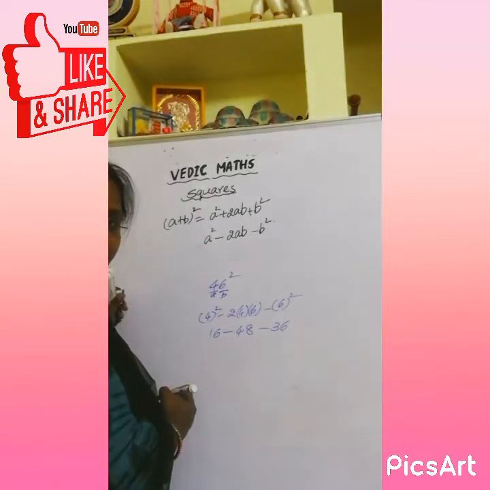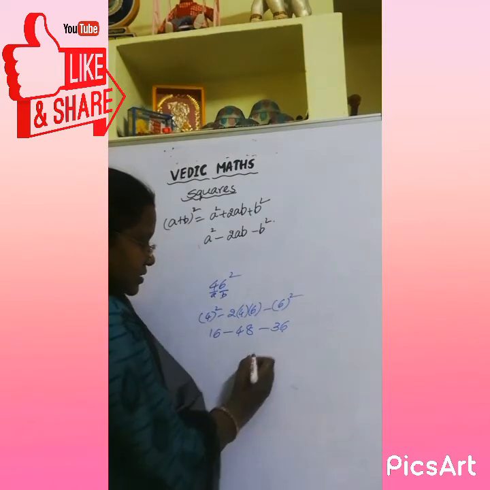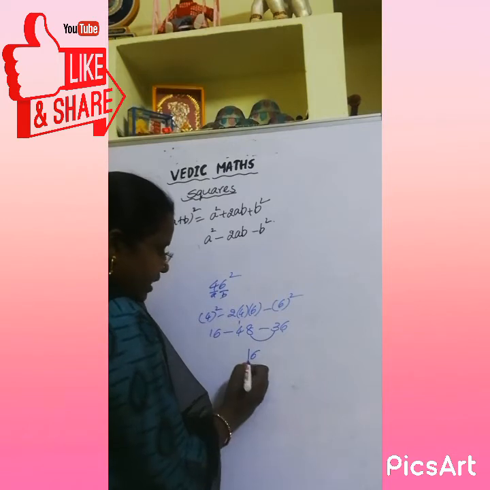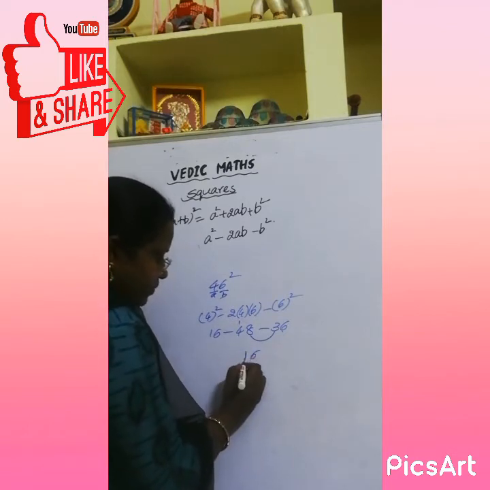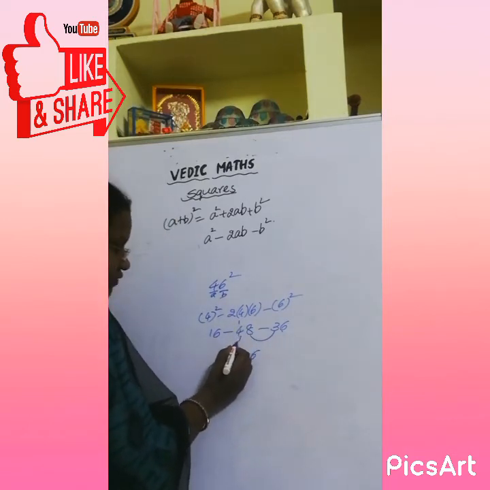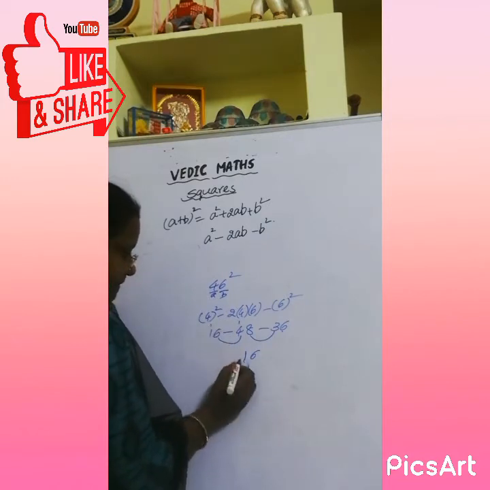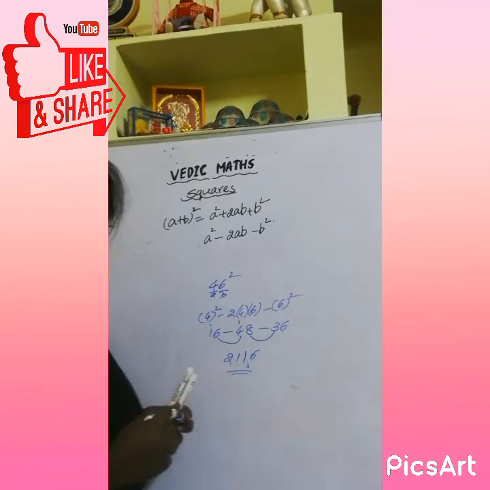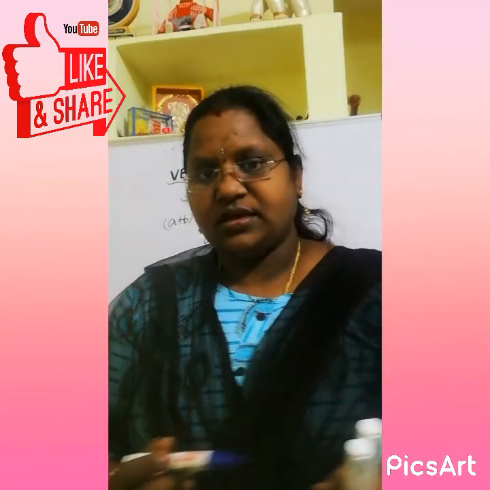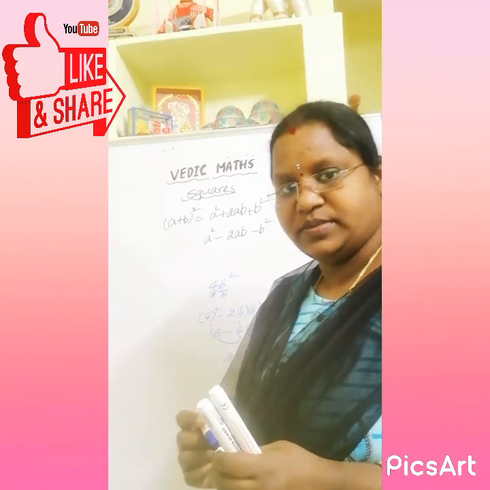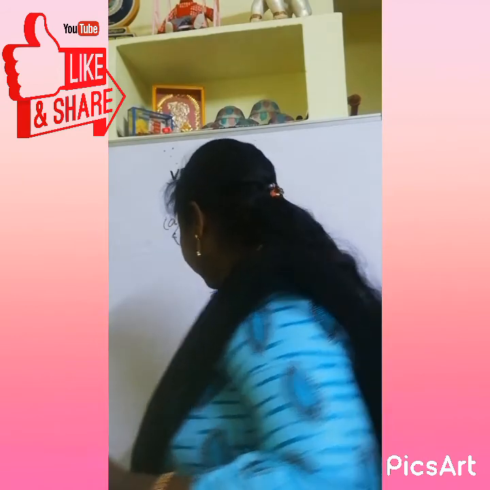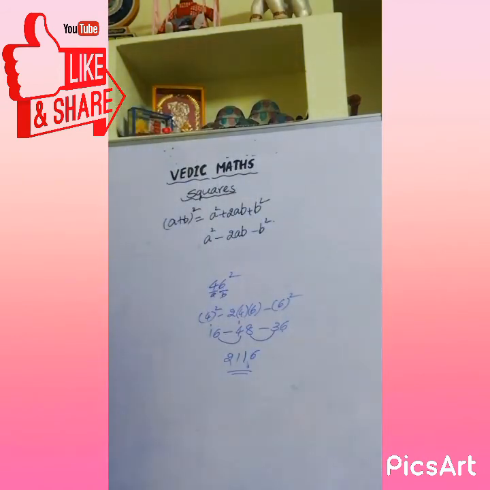So next what we have to write? The answer balancing. This 6 we are going to write. Then 3 plus 8 is 11. 1 is the carrying and 1 over here. Then 4 plus 1 is 5. 5 plus 6 is 11. Then 2. 2, 1, 1, 6. If you are having any doubt, you can check it by doing actual squares. So this is a way of doing squaring problems. Shall we go for one more problem? This is applicable for only 2-digit numbers, not for 3-digit numbers.